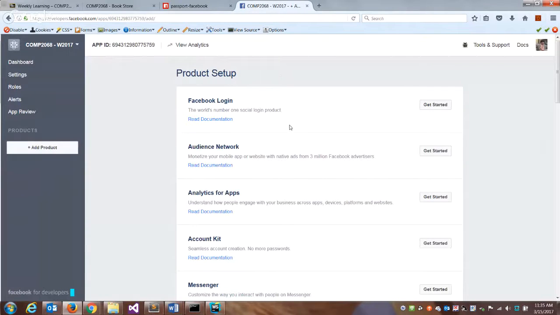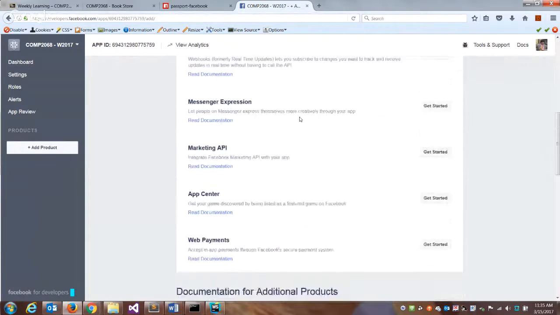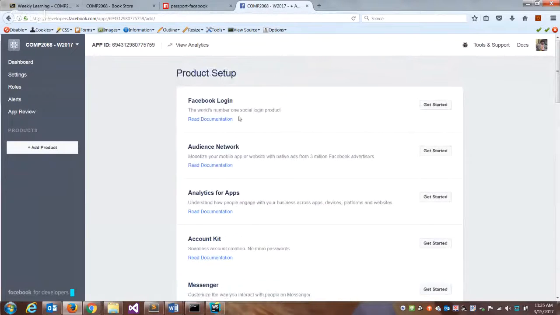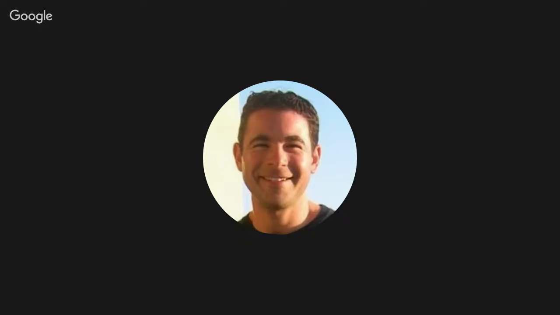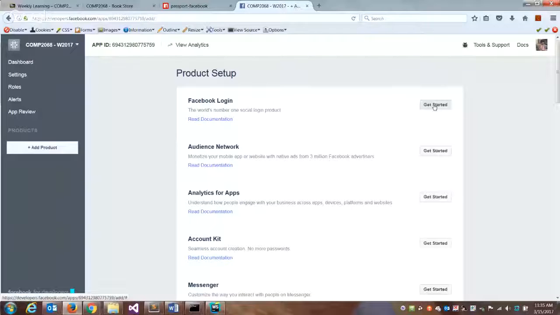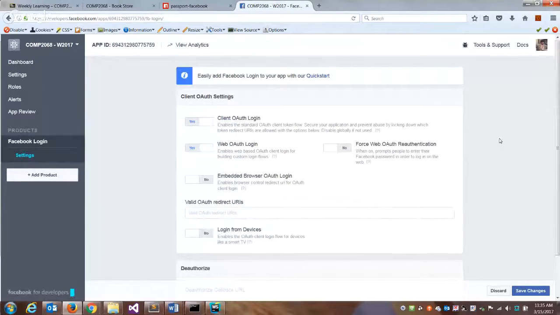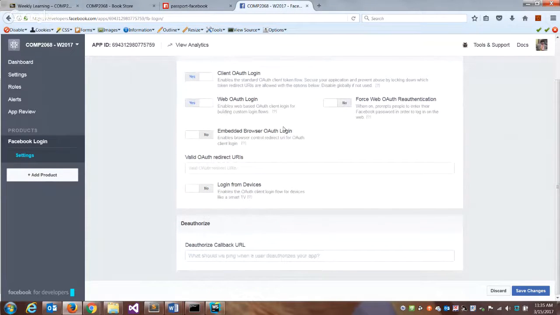Okay. So these are all the different types of Facebook applications we can create. We want to click the Get Started button here beside Facebook login. So we need to set up some of the settings here. So we're going to leave OAuth login and web OAuth login enabled. And now it wants a redirect